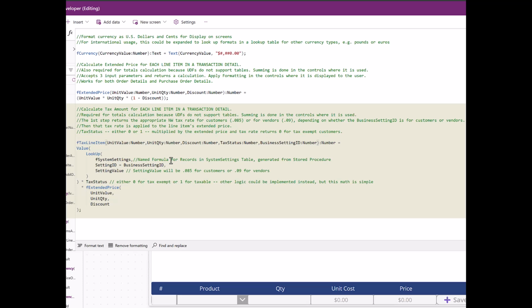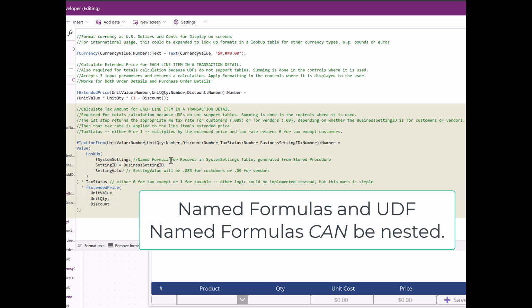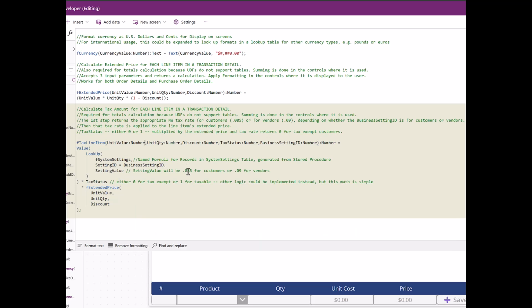It is the result of using a stored procedure to pull the records from the system setting table in the database. One of those settings in the system setting table is the tax rate for customers, and another is the tax rate for vendors. We pass in the appropriate business setting ID to get back the rate we're looking for. Once we have that,